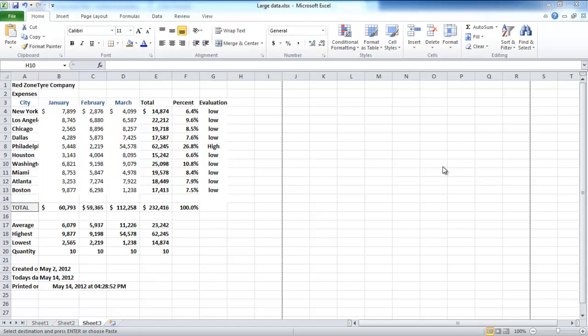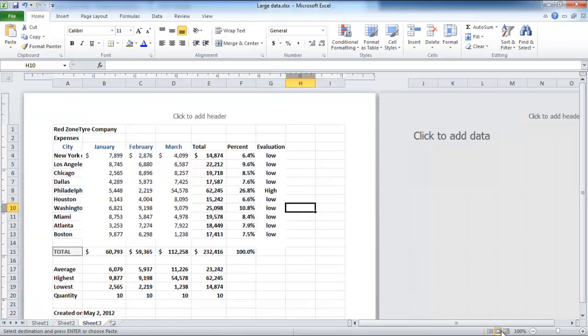In this tutorial, we will teach you how to apply fonts, background colors, and borders in Excel. Before applying fonts and background colors, take a look at the bottom right-hand corner of the screen. You will see 3 view buttons. If you click on the middle one, a page layout view will be selected. This will allow you to view how the sheet will look when printed.